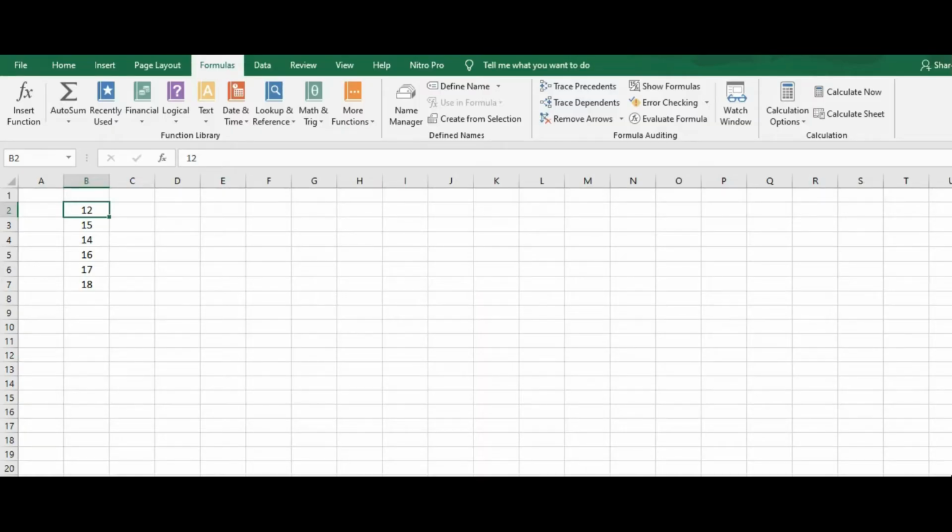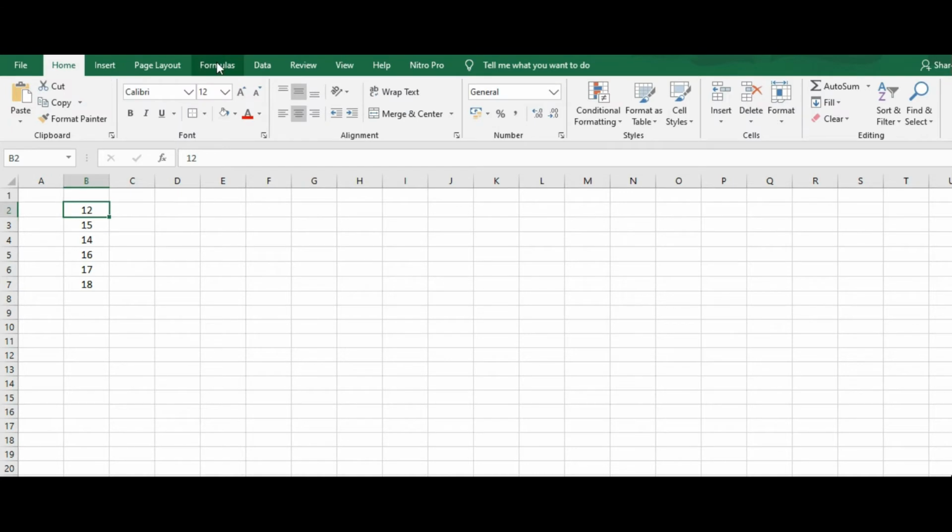In MS Excel, not only can we enter a formula that performs basic mathematical operations, but we can also use a library of built-in worksheet functions to do much more than that. Now, MS Excel has a vast library of built-in worksheet functions. You can find it in the Formulas tab.